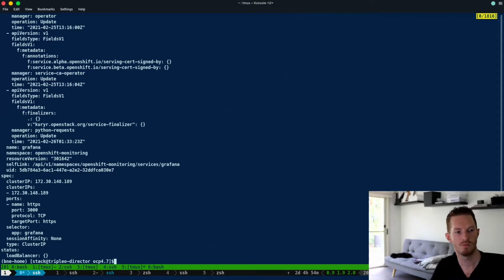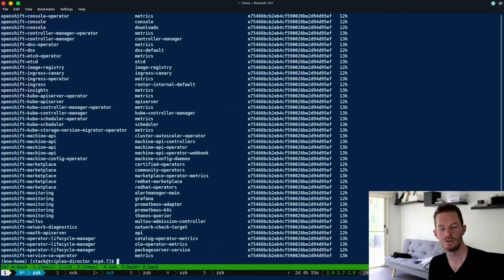So it looks just like a normal SVC. There's nothing that really stands out here. In previous versions of Kuryr, we would have annotated the resource for the service to let it know about all the information for the load balancer. So those load balancers we saw previously, they were defined using annotations on the services, and the service would have all the information about the OpenStack load balancer. In 4.6 and 4.7, we moved that to a custom resource definition, and we can see by doing